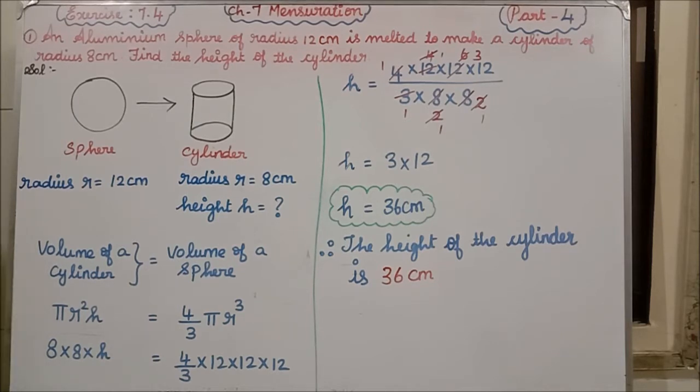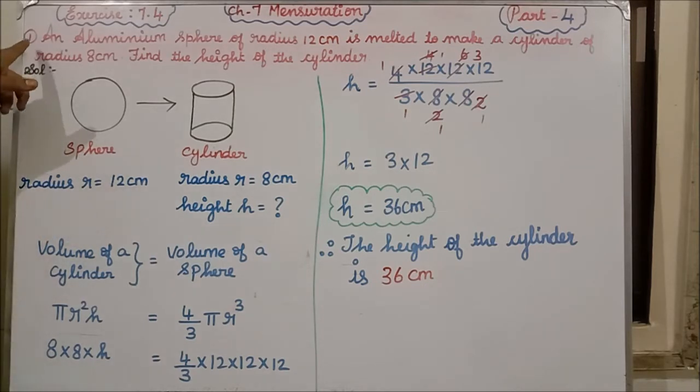Clear, students? And I told you in part 3 session at the last, you have to be thorough in the formulas. I asked you to go through and revise all the formulas and I asked you to listen to the video. Students, only then you can understand what I am speaking. Otherwise, you cannot understand anything. Even a single problem without learning the formula, you cannot do in chapter 7 mensuration. Clear? Yes. Now in exercise 7.4, we will see the first question.